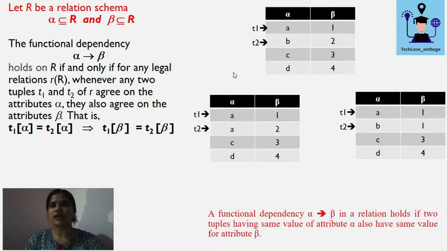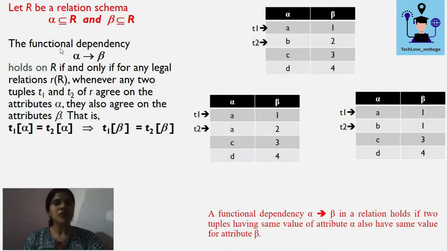So let's consider this. Here we are seeing a relation. In this relation we have two attributes. The first attribute is alpha and the other attribute is beta. Let us consider two tuples. The first tuple has the value of alpha as a and the value of beta as 1, and the second tuple has the value of alpha as b and the value of beta as 2. So the most important question here is, if I know the value of alpha, can I determine the value